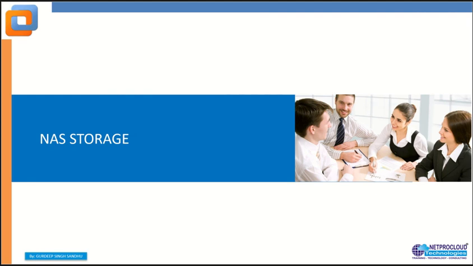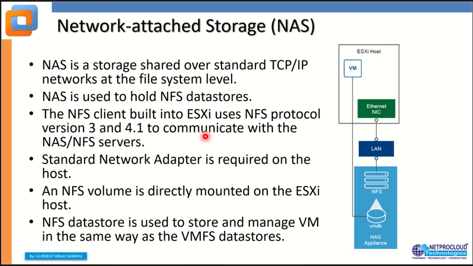Now, talking about NAS storage. It is the fourth kind of network storage. NAS stands for network attached storage. So what happens in NAS? This is my ESXi box, and using an ordinary gigabit Ethernet NIC and the standard TCP/IP network, we access the NAS appliance. From this NAS appliance, we create the datastore, and this datastore is not the VMFS type, but the NFS type, meaning network file system type.